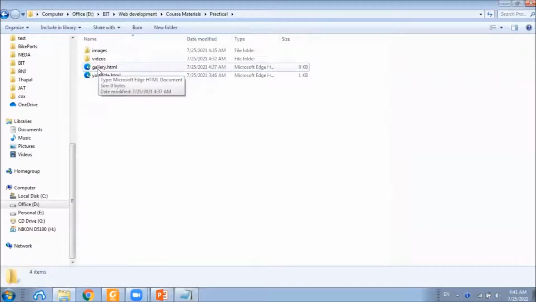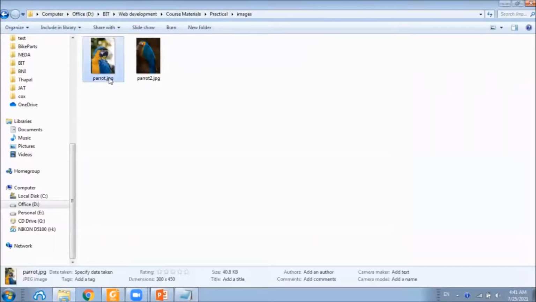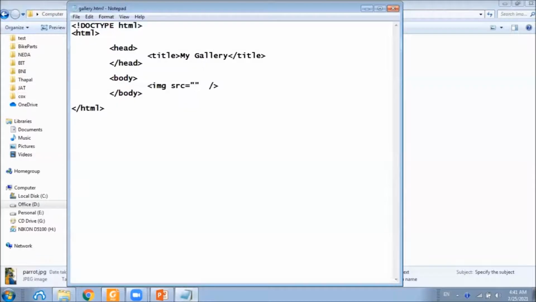In this case, we are going to specify the relative path, and it is inside the images directory, the parrot.jpg file. Images, parrot.jpg. Optionally, we can specify the width and height of the image as well. First, we will try without specifying the dimensions of the image.